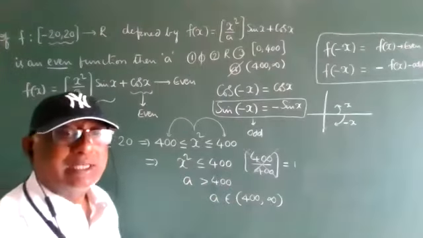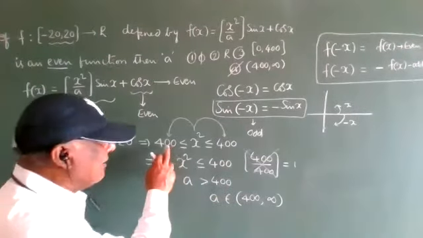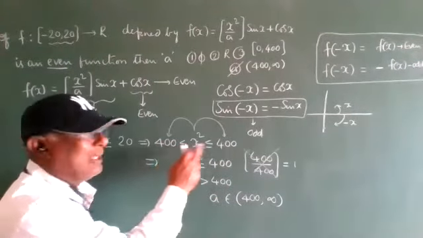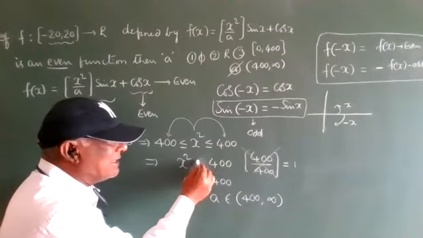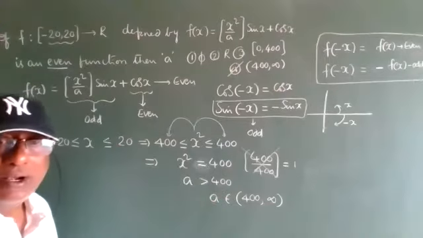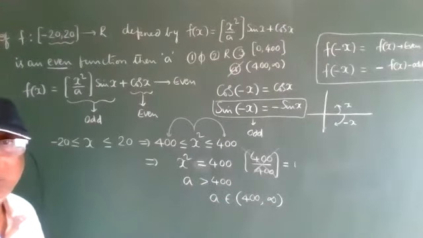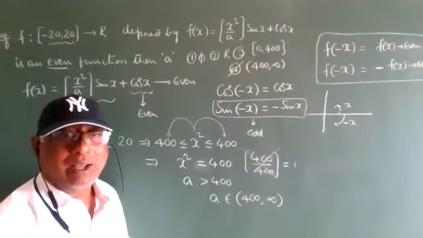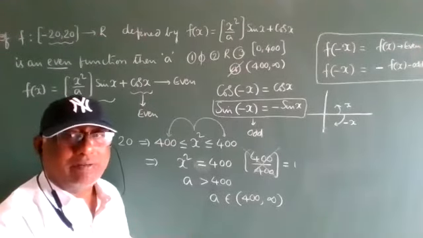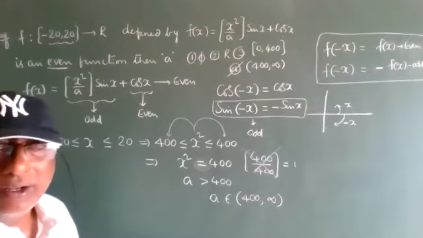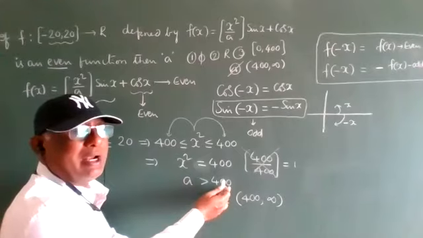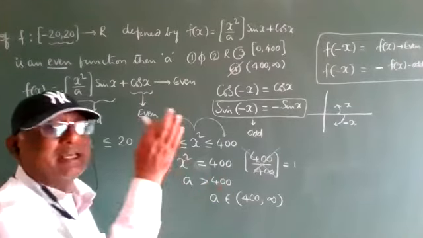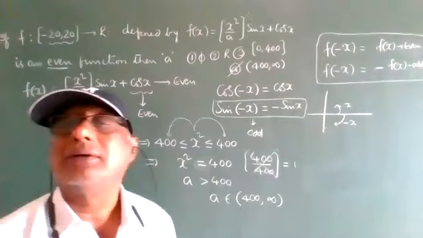The sandwich theorem is telling that in the limit, the left side and right side are both equal, then it is equal to 400. So the left side and the right side are both equal to 400. X square is equal to 400. Is it clear? Left side value and right side value are equal, so it is equal to 400. Therefore, a value must be greater than 400, then only its value will become 0. Okay, now it is clear.